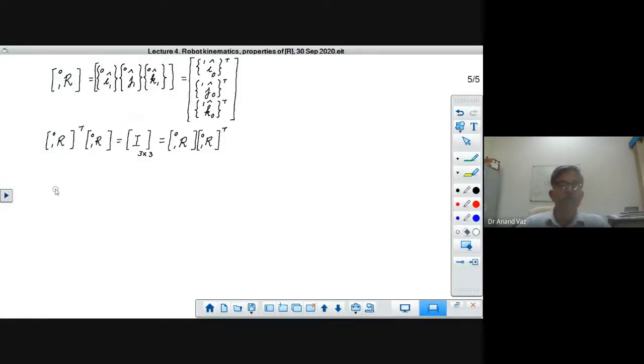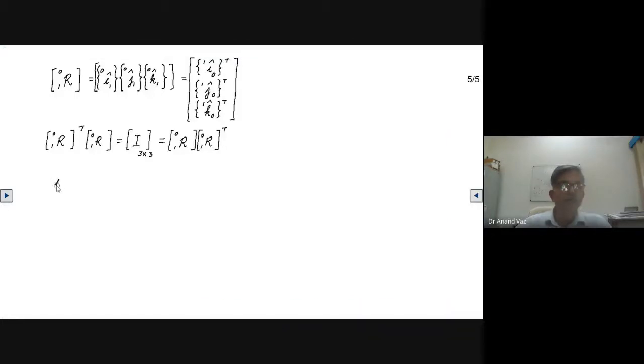In terms of magnitude, we can say that the length of this vector is equal to 1. And how do we specify the length of this vector? We can say that this unit vector, its length is equal to 1. That means its norm